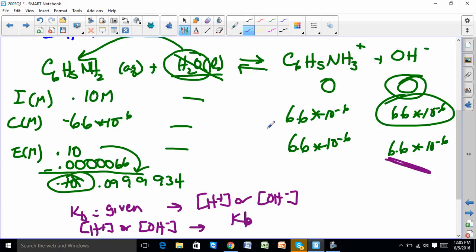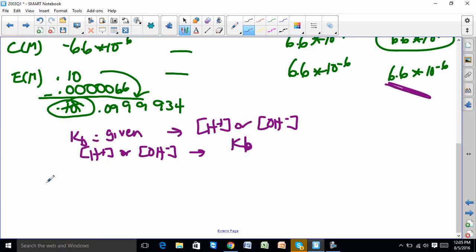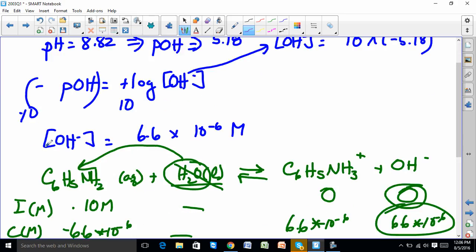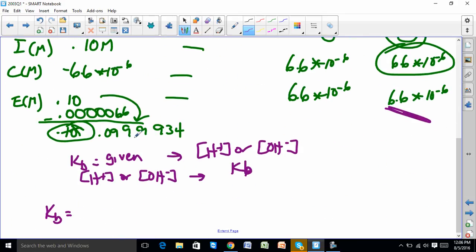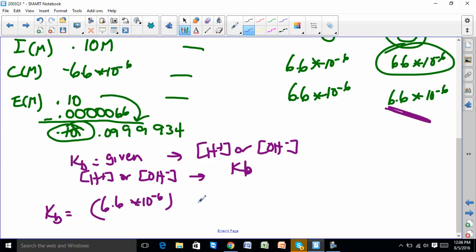You're used to this being negative X, positive X, positive X. These are actually constants. So now when I do this problem, KB, if you look at your answer for A, I don't really want to write it down again, but remember it's this concentration times this over this. So there's the formula. Probably should write it down, but I'm being lazy. KB is going to be 6.6 times 10 to the negative 6, because that's the concentration of this guy. Remember, they're in the numerator, times 6.6 times 10 to the negative 6 over